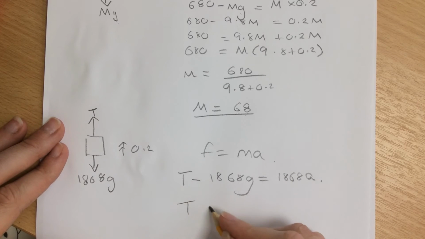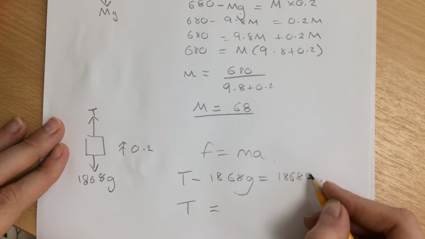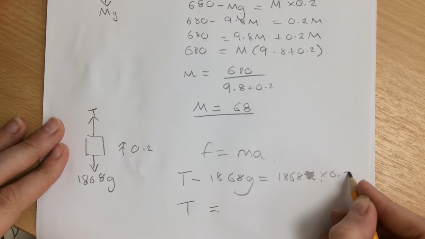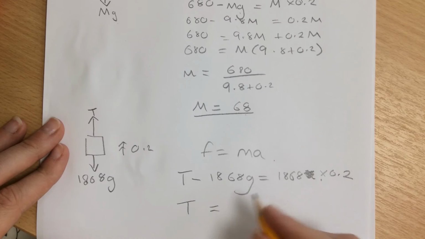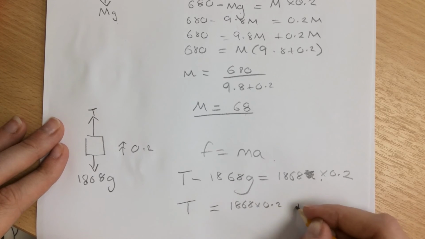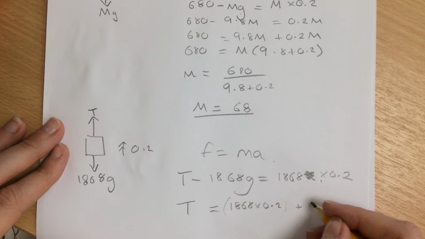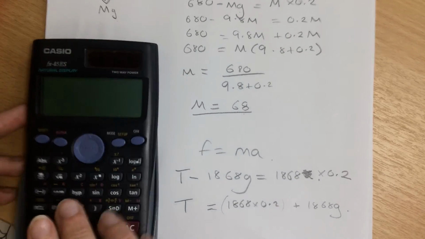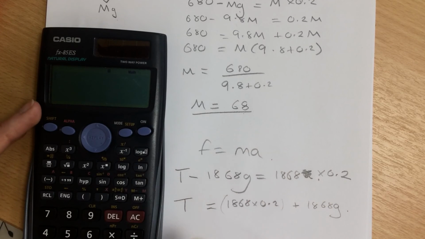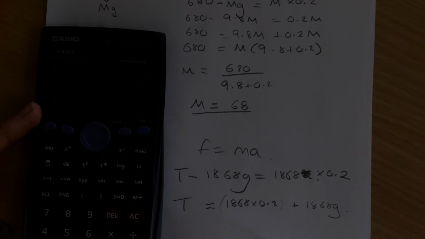Oh, sorry, I put A there, I should have put 0.2 because we actually know that. So T equals, move this over, 1868 times 0.2 plus 1868g. If I work out each of these parts, 1868 times 0.2,